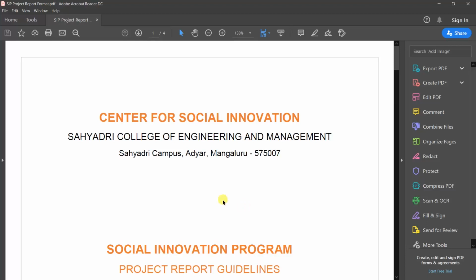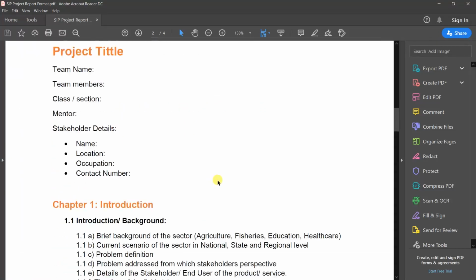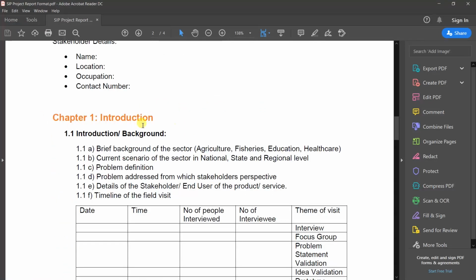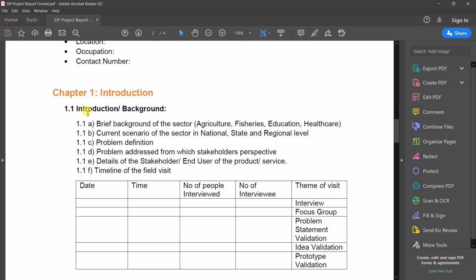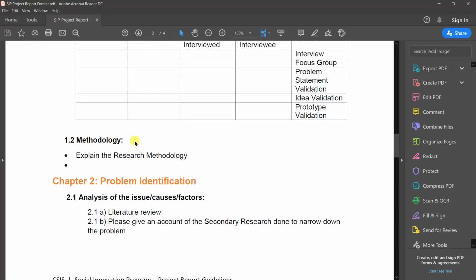Now I have opened the report format for the project. If we go through it, we have chapter 1 as introduction and 1.1 to be the background: brief background of the sector, current scenario of the sector at national, state and regional level. We will set these as the sections and subsections. 1.2 is the methodology.